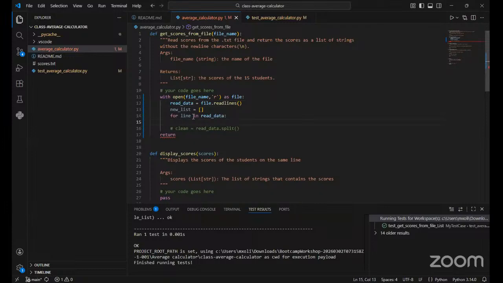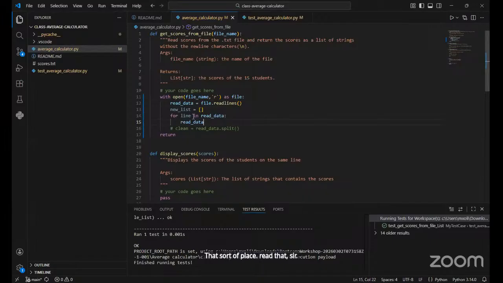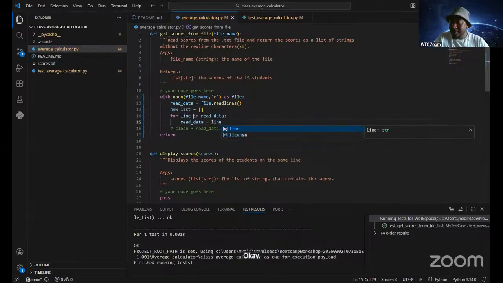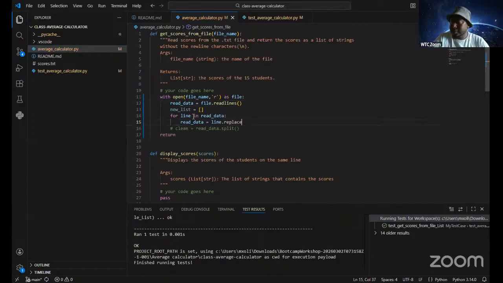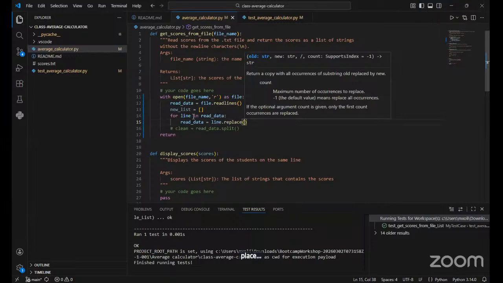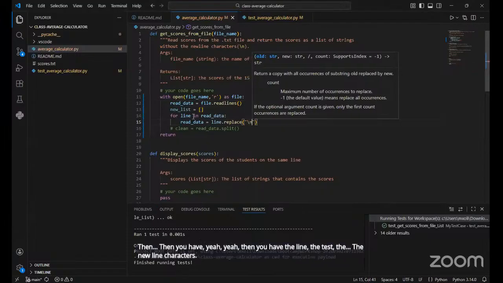Then read data equals line dot replace. Then you have the dash, the new line characters.